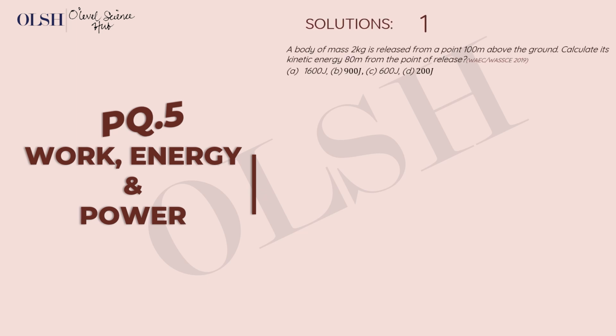A body of mass 2 kg is released from a point 100 meters above the ground. Calculate its kinetic energy 80 meters from the point of release. This is from 2019 WAEC. So how do we solve this question? First of all, let's get out the parameters we have. We have mass to be 2 kg. We have our height to be 100 meters. And we are asked to find the kinetic energy at the point where it gets to 80 meters away